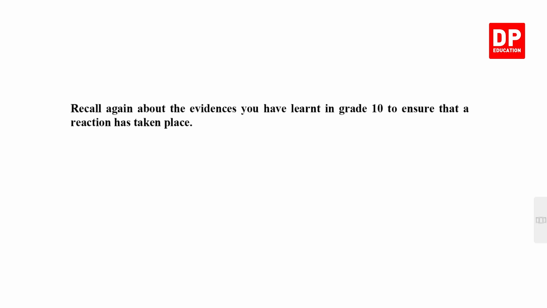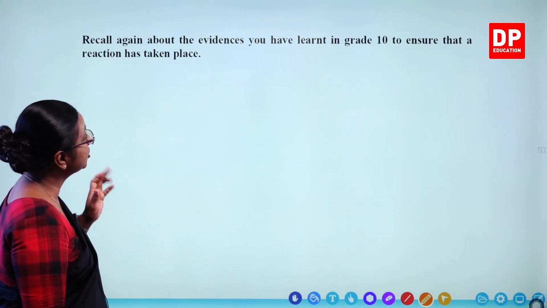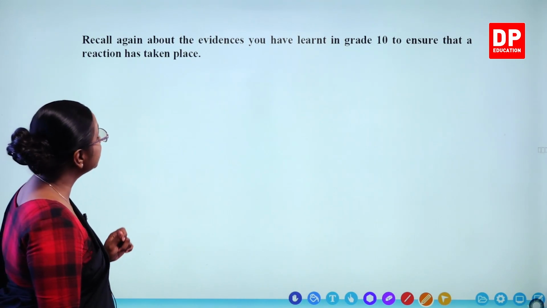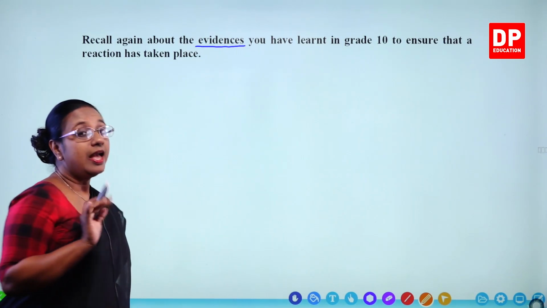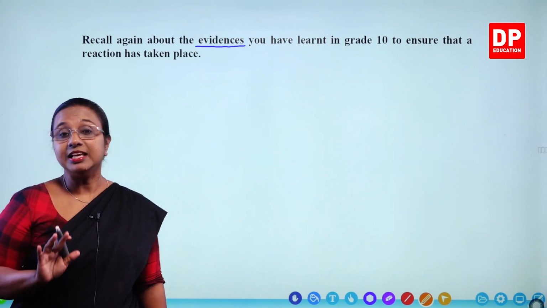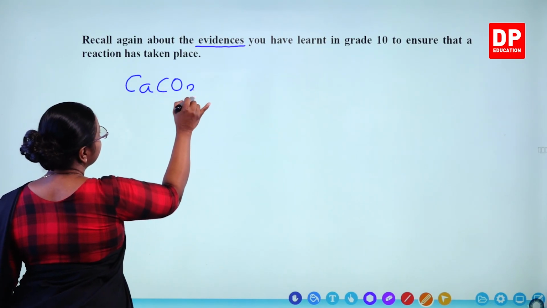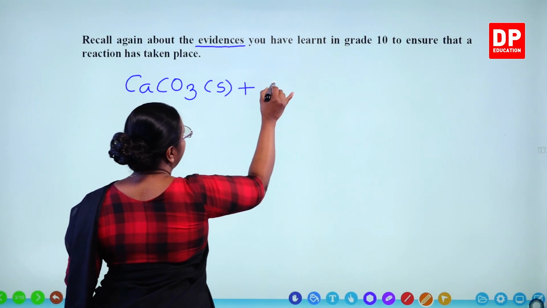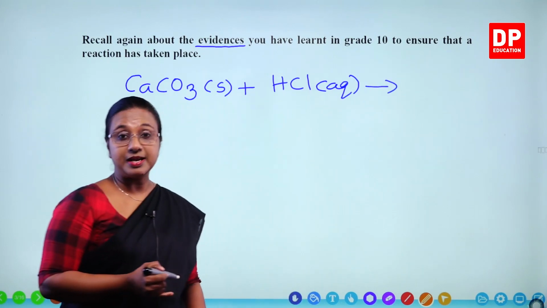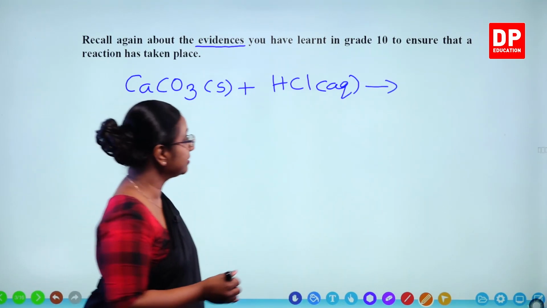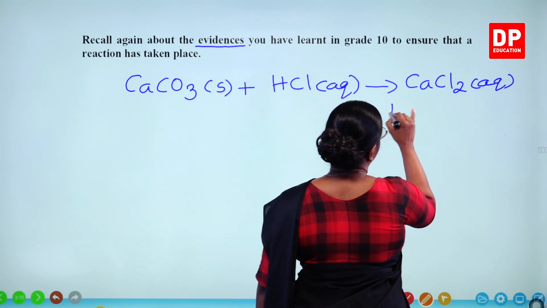So again, this is something that you have learned in grade 10. Recall again about the evidences you have learned in grade 10 to ensure that a reaction has taken place. So evidences. In order to understand the evidence, I will give you all an example. So let's say we'll take the reaction between calcium carbonate solid and hydrochloric acid solution. You all know the products. Those two are the reactants, and what are the products? You can remember calcium chloride aqueous is formed, water